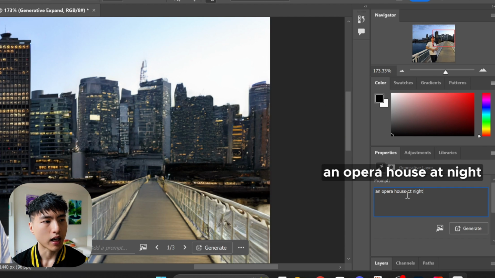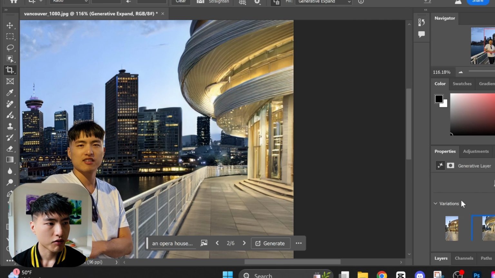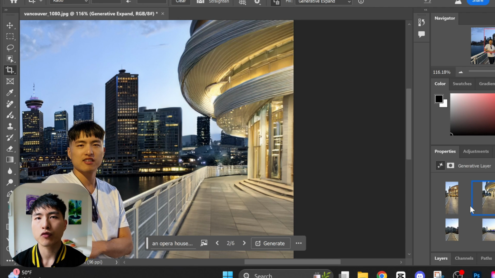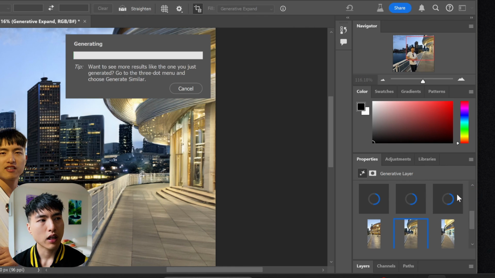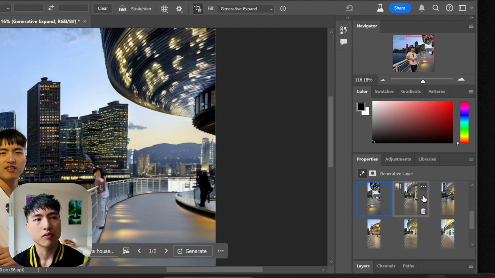For example, I can ask for an opera house to be generated on my right. The results aren't exactly perfect. If you zoom out, they look okay, so it's probably more useful for images that'll be displayed on a smaller screen. The menu with 3 dots on top of the image icon has an option for generating similar images. So if you like one of the AI expanded regions but want to see some additional variations, this will create